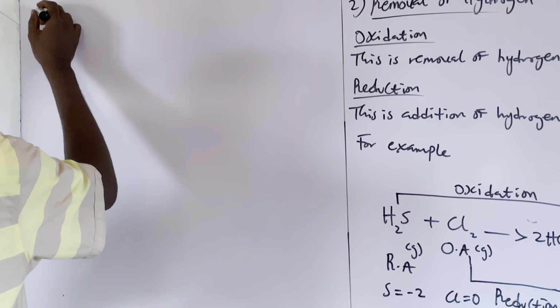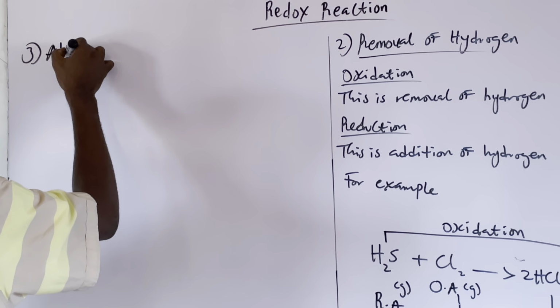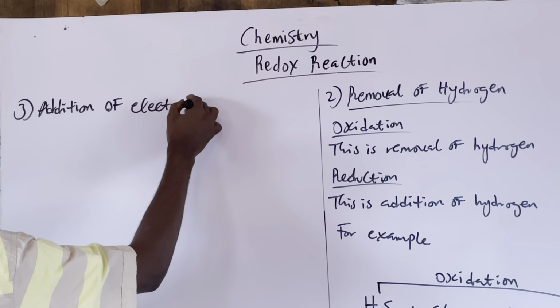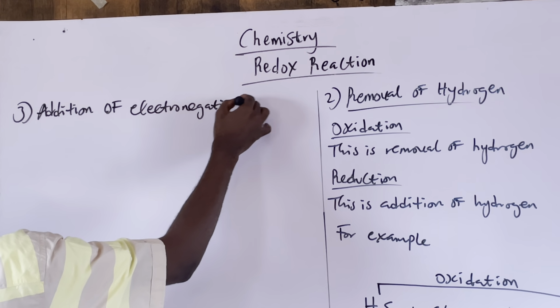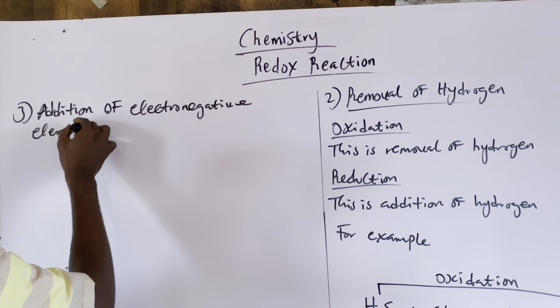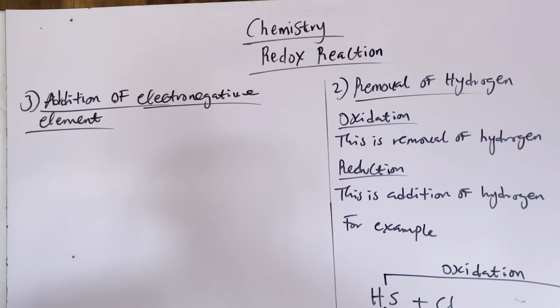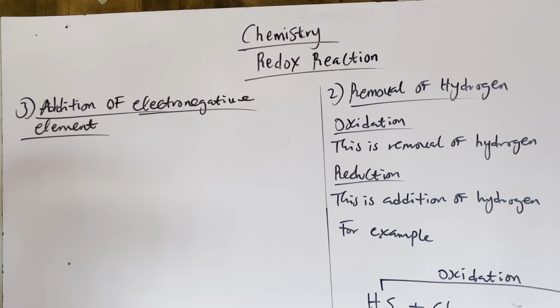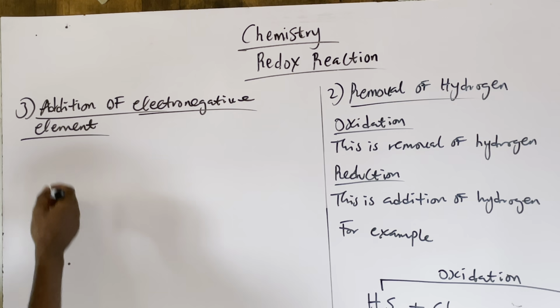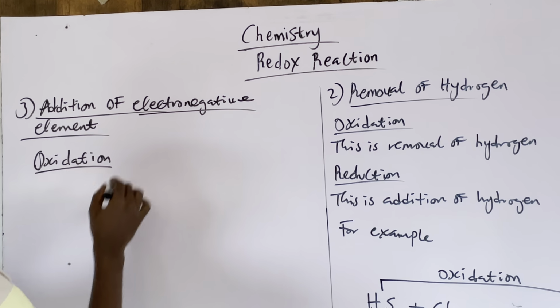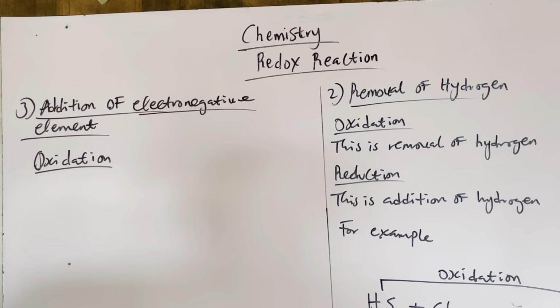Now number 3, addition of electronegative element. Are you ready? Addition of electronegative element. Now, in terms of oxidation definition, we can define oxidation as